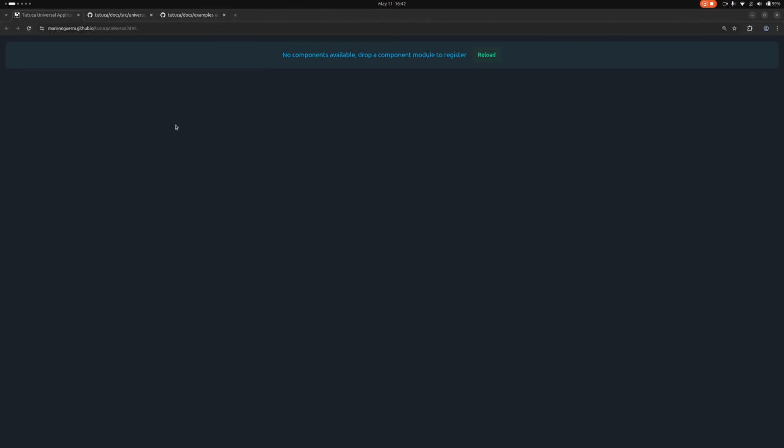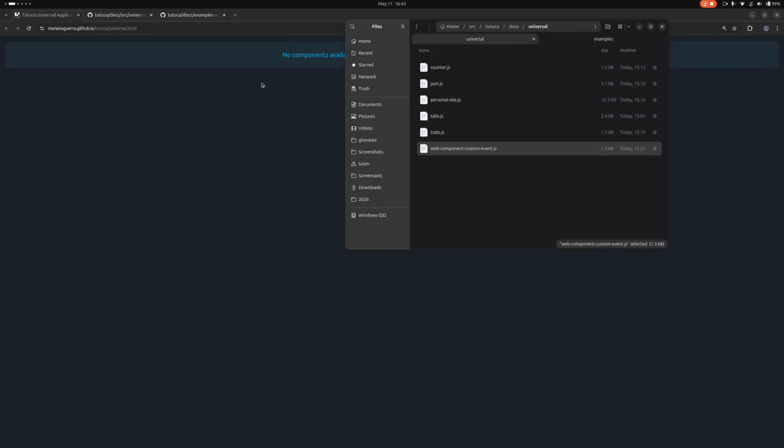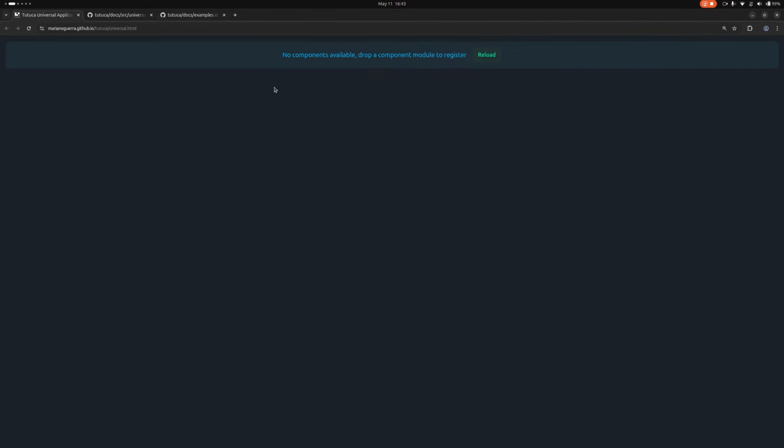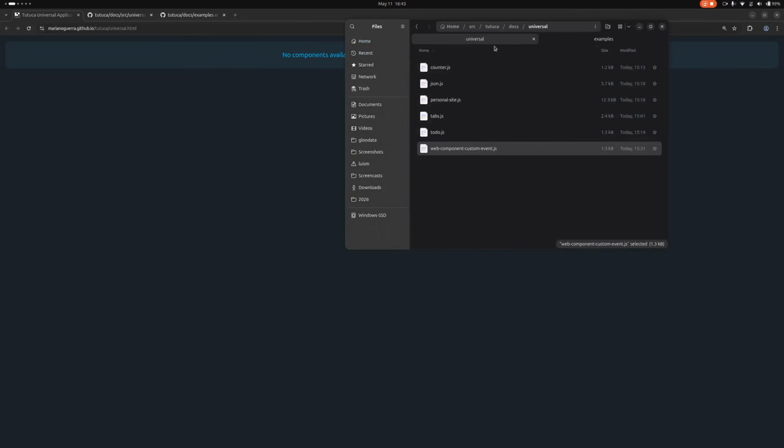But the other one is, can you add components as you go? Not all at first, but as you go. That will be the second requirement, which here in the universal application you can see. It's just two components, the root of the universal application and a component picker. By default, the component picker has no components because it's empty, but you can just drop